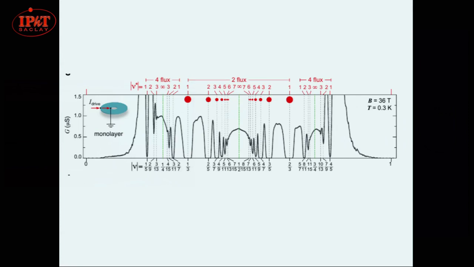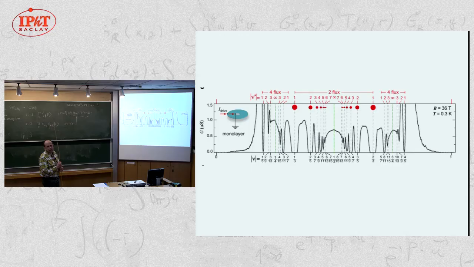Let me show you some high quality, very recent quantum Hall data on monolayer graphene. That's the conductance, yes, absolutely. So you see that the fractions should appear as very deep minima. And you see that we recognize the 1/3 filling fraction and many others. And this picture is even nicer than what we see in usual 2D electron gases.